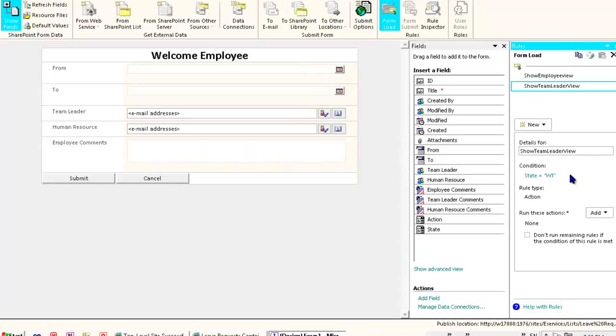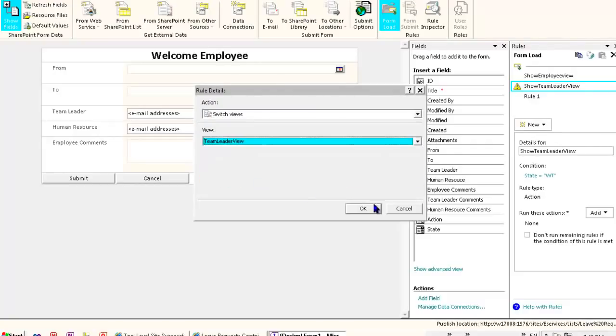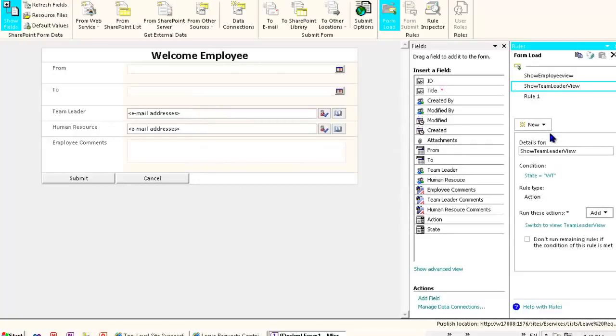Okay, and here we will add another view. Okay, what's wrong here? Okay, switch view, which is show team leader view, and we will add the third, which is show human resource view,